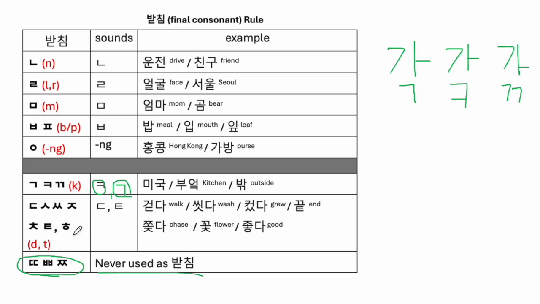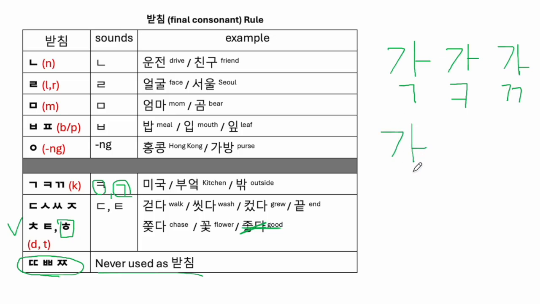Now, I have made one mistake. The ㅎ is its own category. Sorry, it's not here. Okay, but the rest, they are either ㄷ or ㅌ. Okay, so this is irregularity, so that you really need to remember this. So if I say